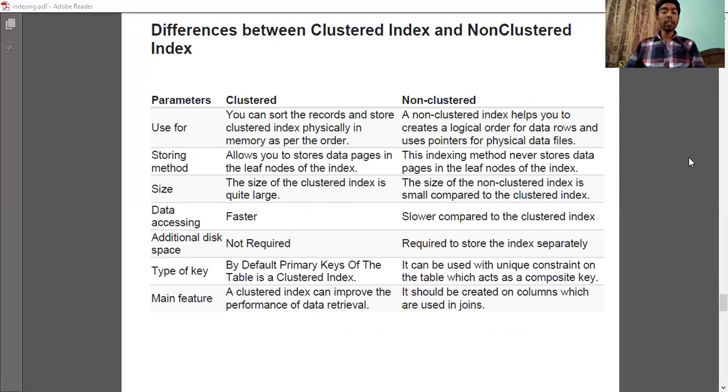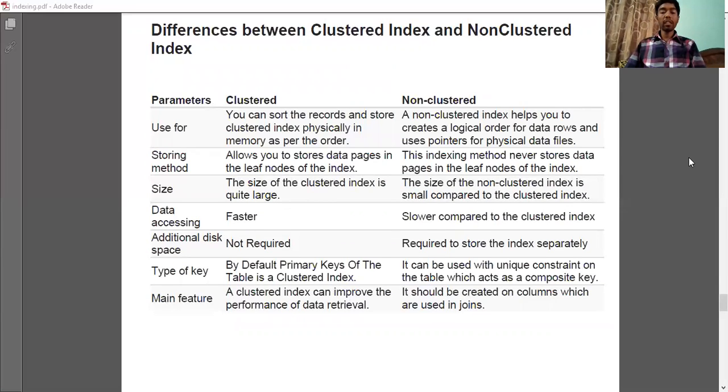The storing method in clustered allows you to store data pages in the leaf nodes of the index. And in non-clustered, these indexing methods never store data pages in the leaf node of the index. The size of a cluster index is quite large, and the size of a non-cluster index is small compared to the clustered index.